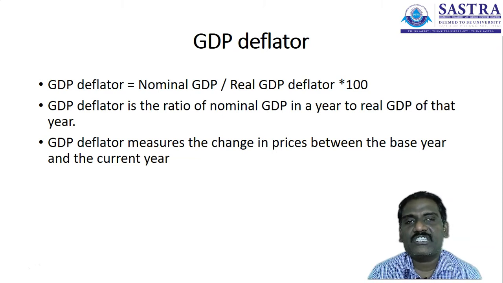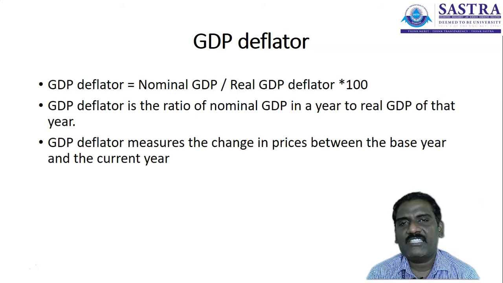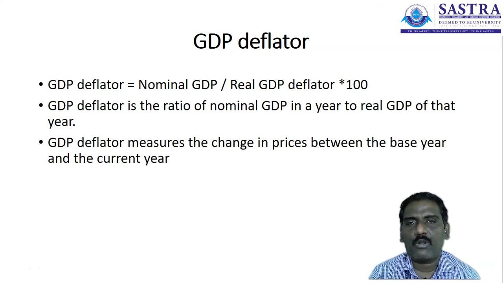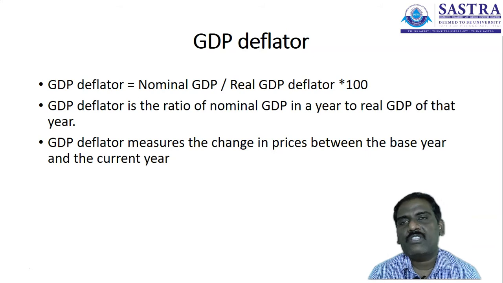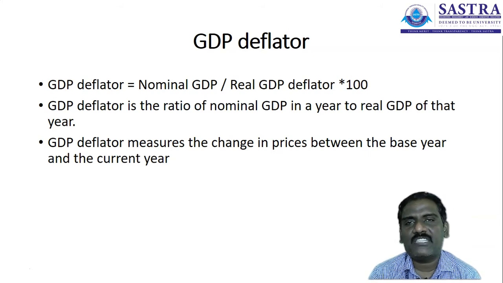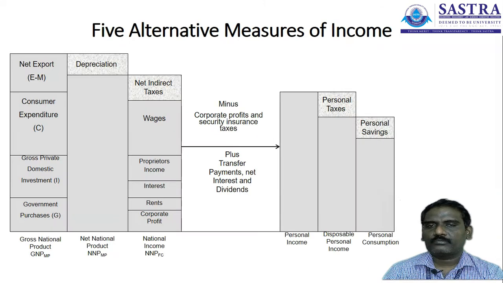The GDP deflator measures the changes of price between the base year and the current year. That is how the prices of products are available in the base year. For example, if 2012 or 2011 is the base year with a price of 100, and now the overall products are available in the market for 150 rupees, there is about a 50% change in the price level. The GDP is measured on that basis, and that is the GDP deflator.